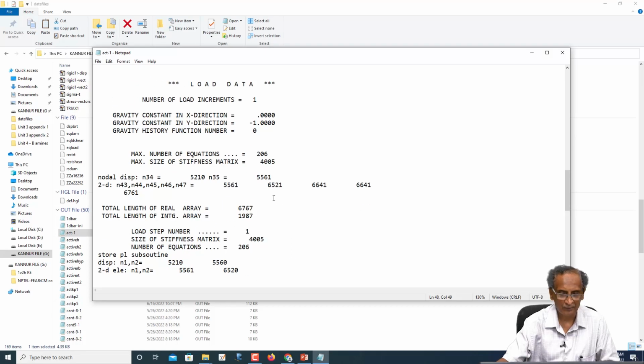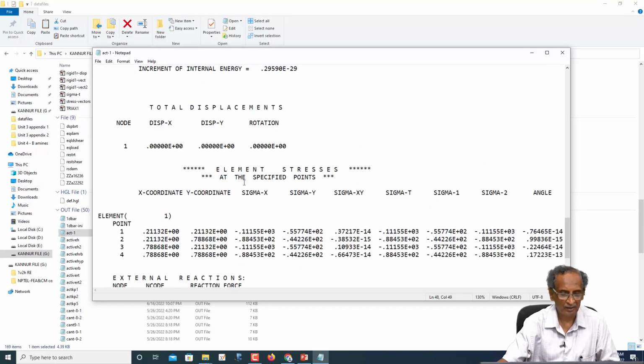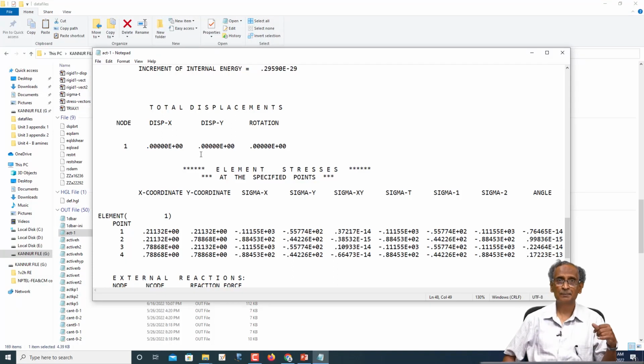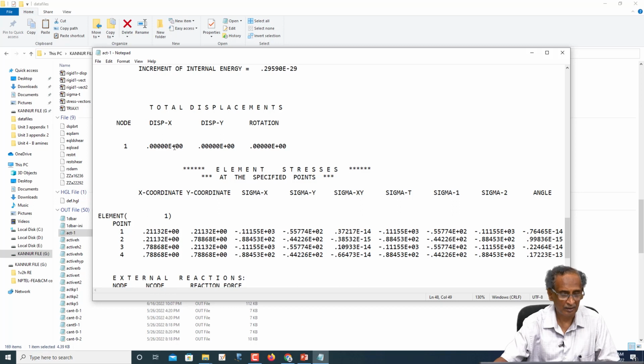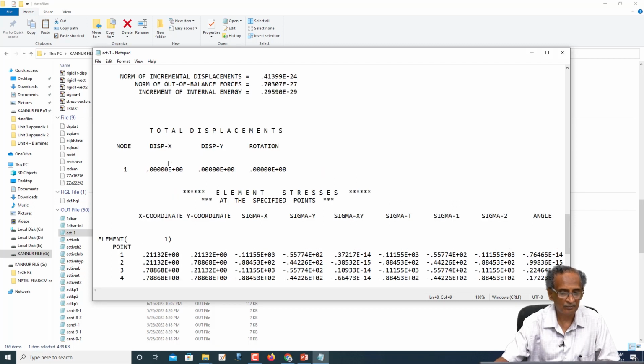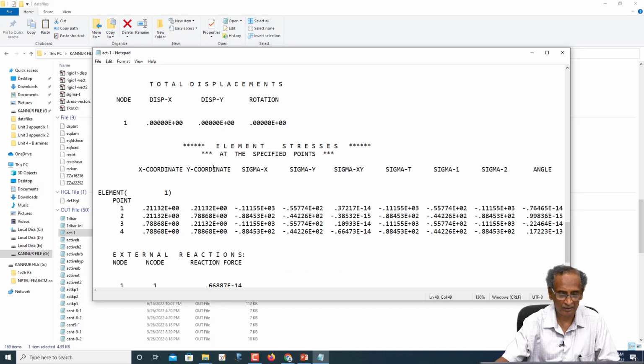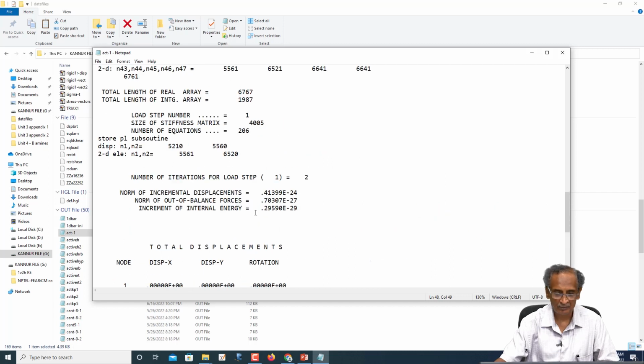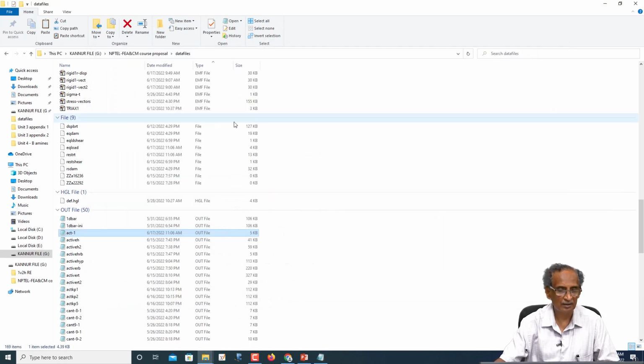Okay. So, if you look at the end of the first stage, all the displacements are set to 0. I have not printed all the displacements, but you can see here the displacement x and y, everything is 0, and here if you see sigma x is minus 111.55, whereas sigma yy is 55.77, and this multiplied by 2 is your 111.55, and we can actually see this in the,